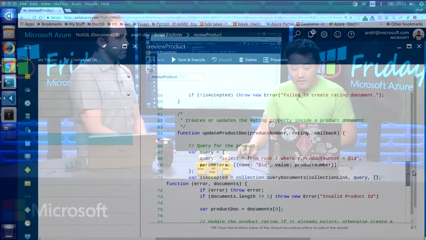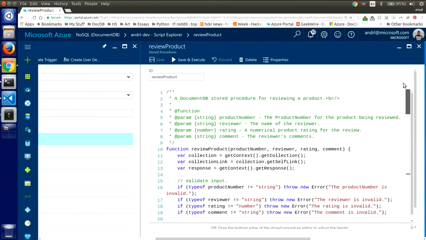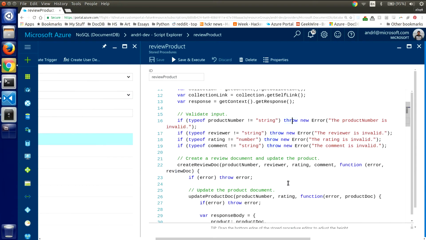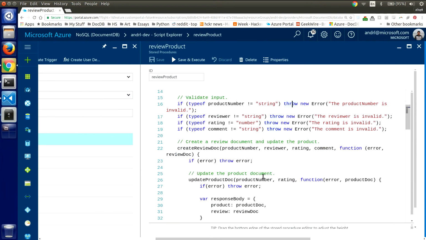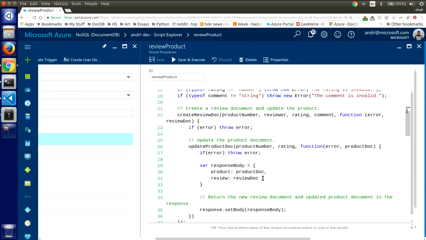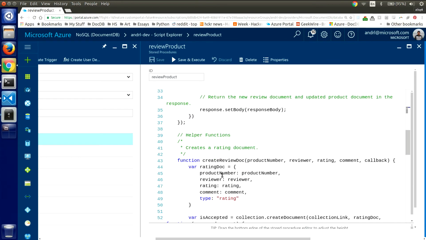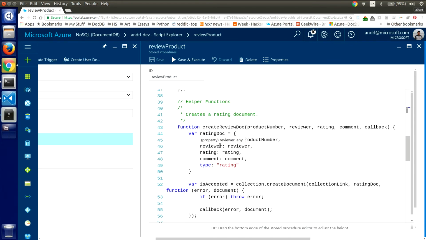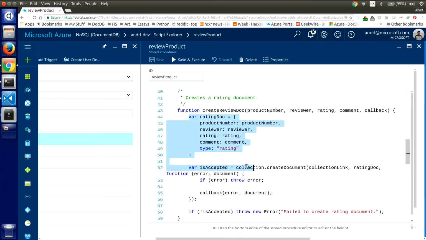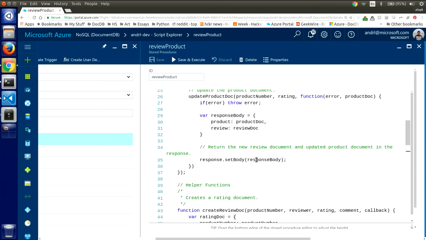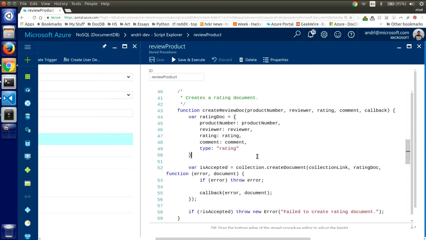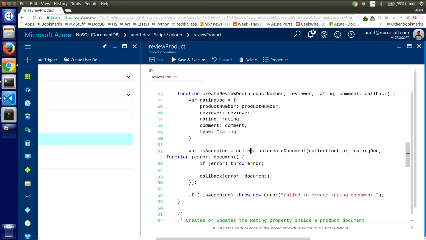So I'll walk you through this stored procedure, run it, and call some things out. Yeah, let's see it run as we end here. I basically created two functions, one to create a doc, one to update a doc, fairly straightforward. You're using different objects like collection. Are those objects just intrinsic and always available? For example, you said collection.createDocument. Where is collection coming from?